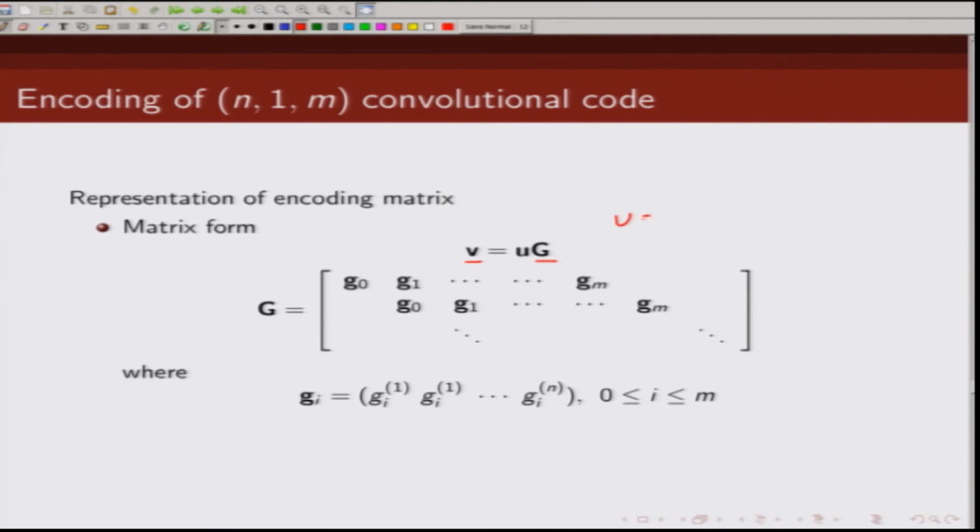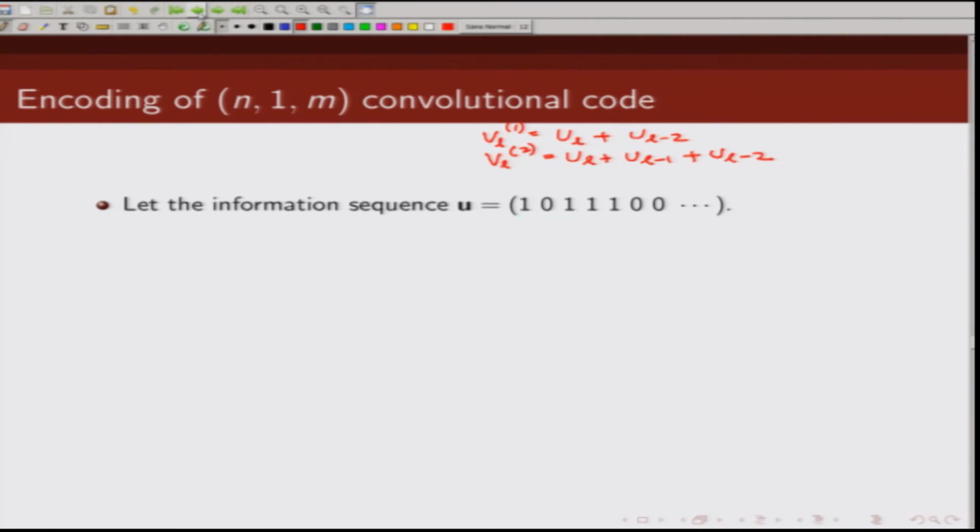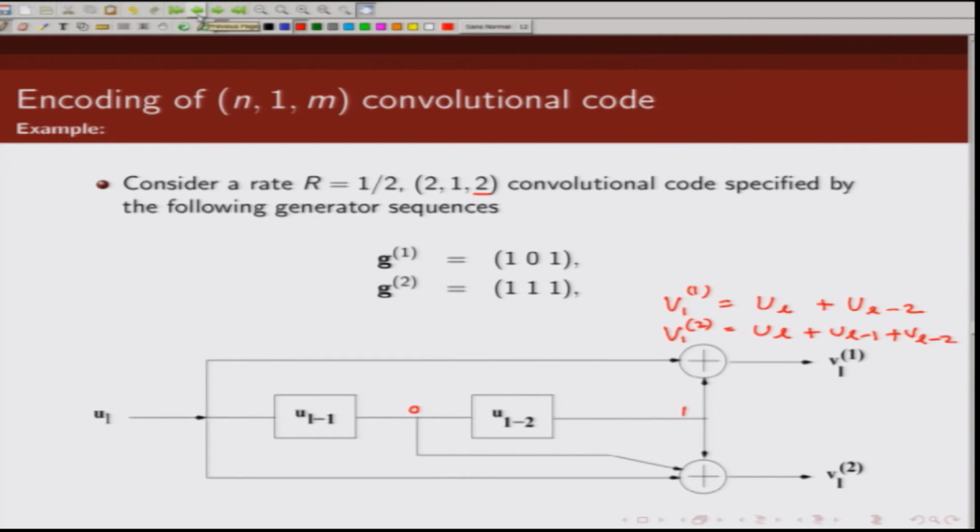So, let us say U is U0, U1, U2, it's a continuing sequence like this, right. Now, what is your output sequence? Output sequence, so initially what happens? If you go back to this diagram, initially you are assuming that the encoder is in all 0 state, correct. So, what will be the first output that you will get here? That is nothing but